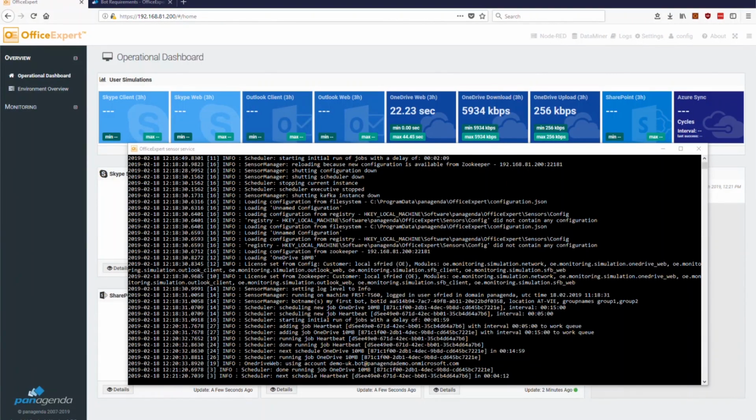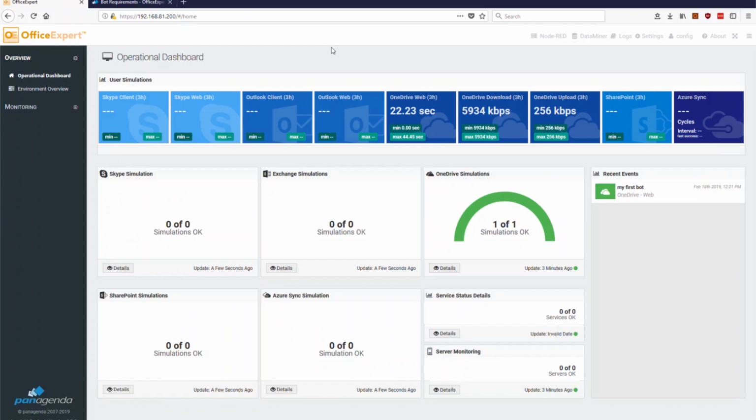Welcome. This video is showing and visualizing how you can configure Outlook sensors for Office Expert. So let's have a look at that. What you see here is the bot I have currently up and running on that particular computer. Behind that I have configured currently only one OneDrive simulation, so that's what you see at the moment. And our aim is to configure now